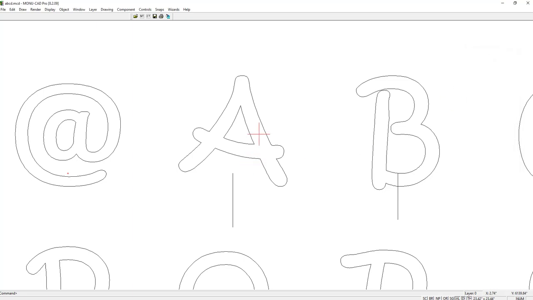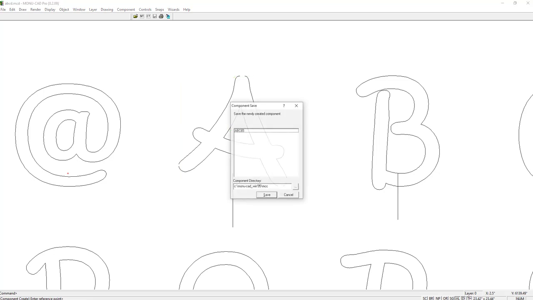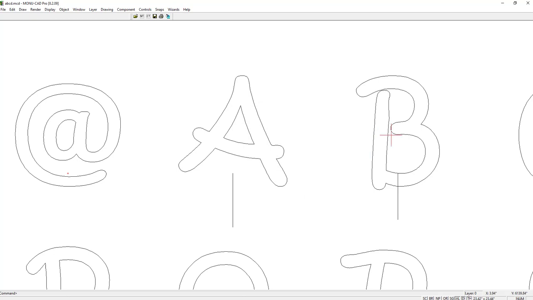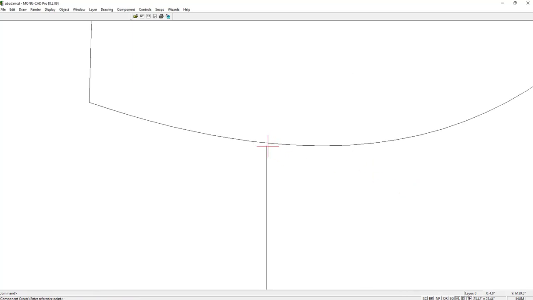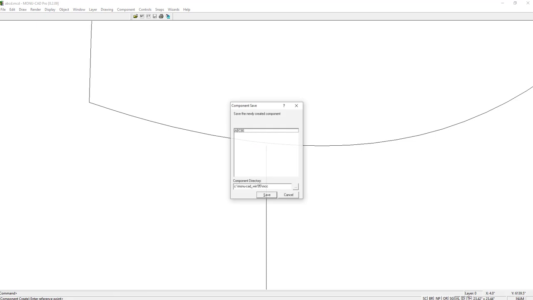And that's important. So we're going to component create ABC 65, and we're going to choose our insertion point. We're going to save that. We're going to do the same thing with our B, component create ABC 66. And we want to make sure we get right in there on that point. And we're going to use nearest point, save,